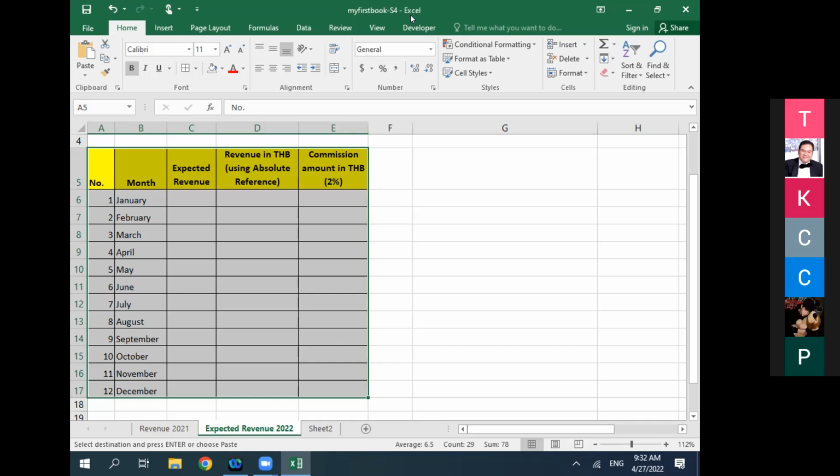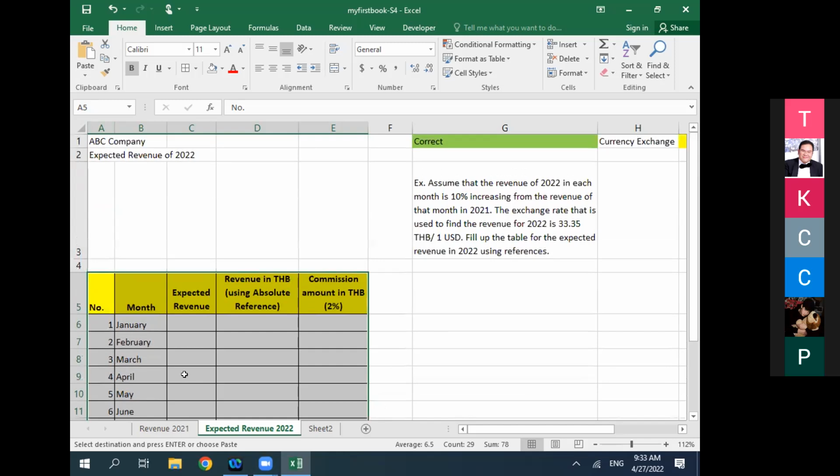All right, time's up. So right now some of you are showing us what to say for the commission amount in Thai baht already. So now let's see how we are going to get the expected revenue from the given problem. In this one we say to assume that revenue is increasing 10% from the revenue of that month. So I will have one amount